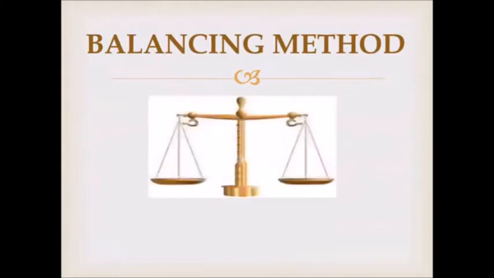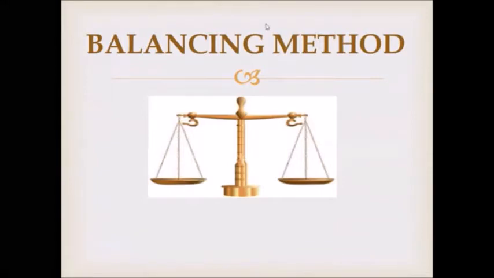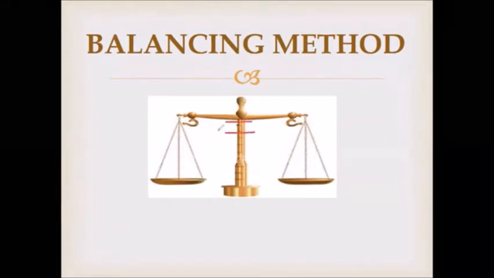Just see that we can compare this balancing method by this weight scale. So what does this weight scale denote? Right now, both sides should be empty. That means the two are equal. This 0 is equal to 0, right? Here nothing is given, here nothing is given. So they both are equal.